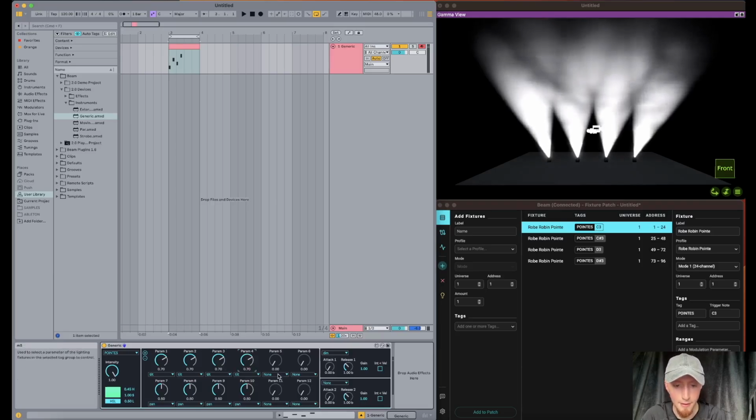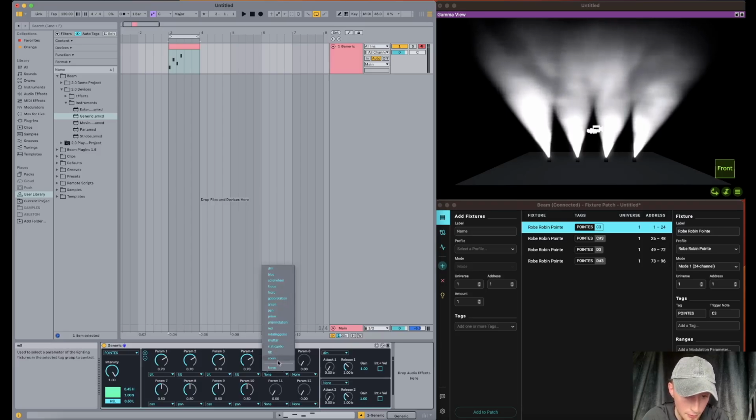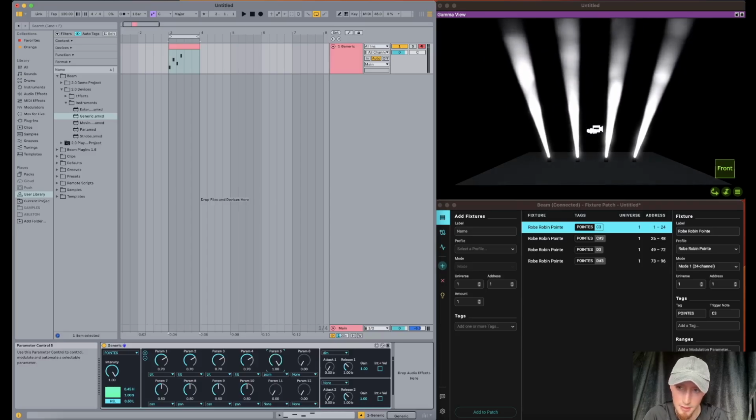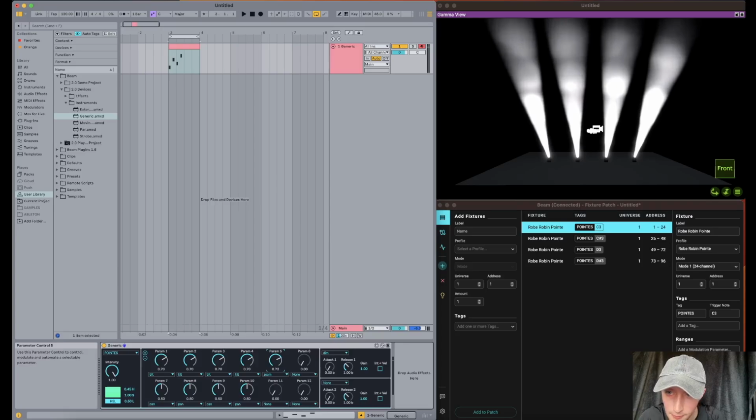0.7, then on parameter 5, I'm going to apply the zoom, or select the zoom, sorry. Now, because we've only got one, that's going to do it to the whole group. So if I put this dial up, it's going to sort of tighten them up. But actually, I think I'm going to bring it back a bit more, something like that. Next thing we want to do